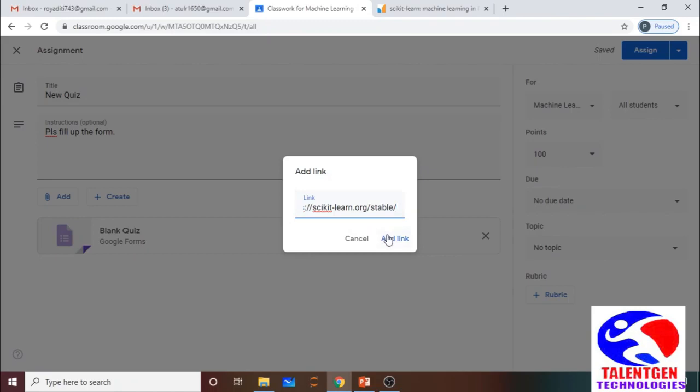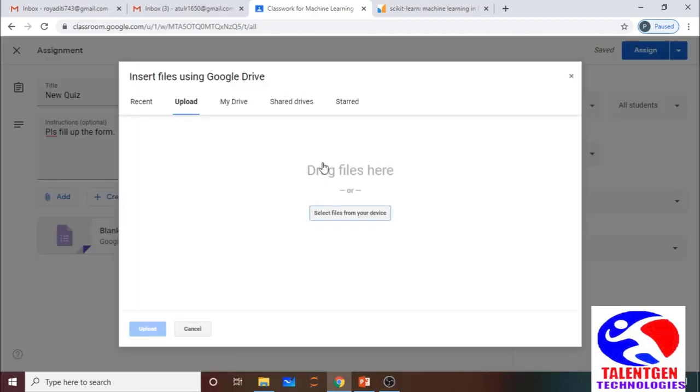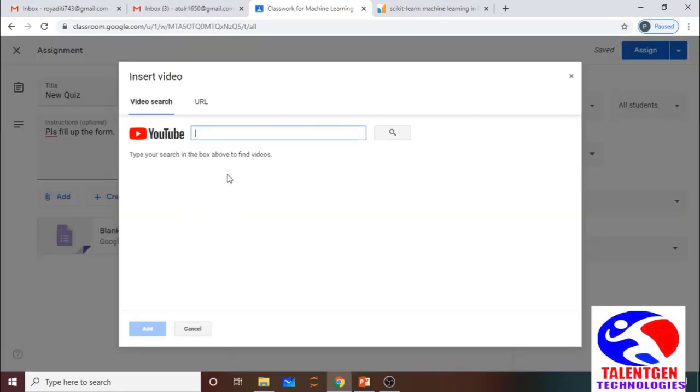And after clicking on Add link, you can add this as well. Another option is File. You can upload any file from your local drive or your Google Drive, anywhere you want. Then YouTube, you can provide a URL of YouTube over there and add it, right?